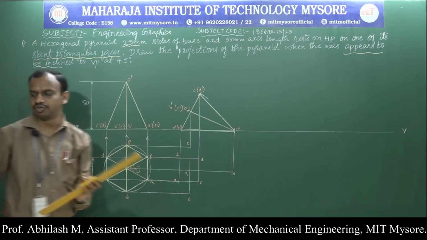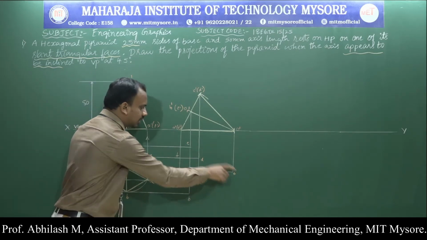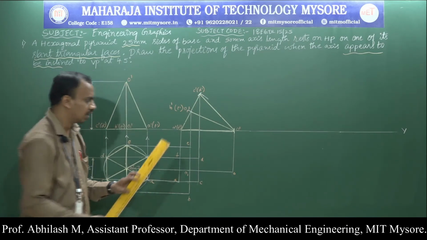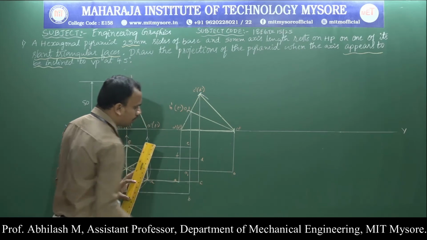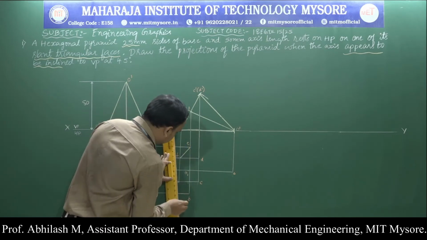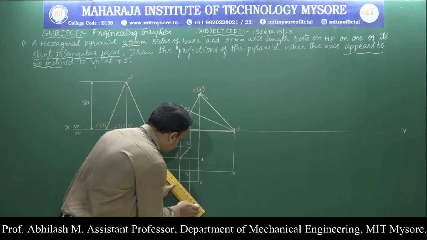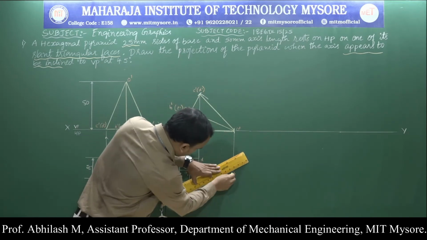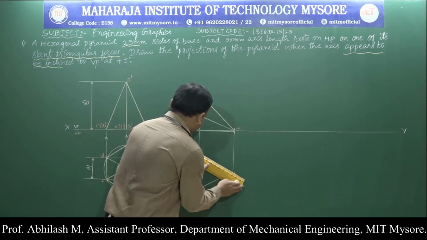In order to complete the second position, we should follow some of the rules. What are the rules that we should follow? We know that one of the conditions is that all the outer edges or the sides are completely visible. Basically, the boundary faces are completely visible. So applying that condition, the boundary becomes E, F, A, B and O. Connect that with the help of a thick line. The boundary lines are completely visible, so draw the thick lines.